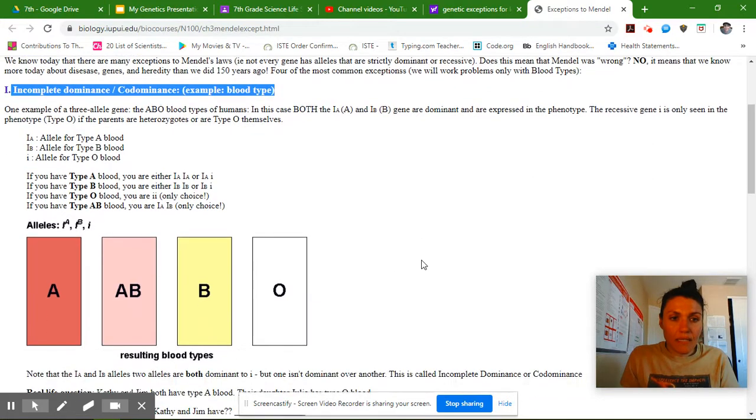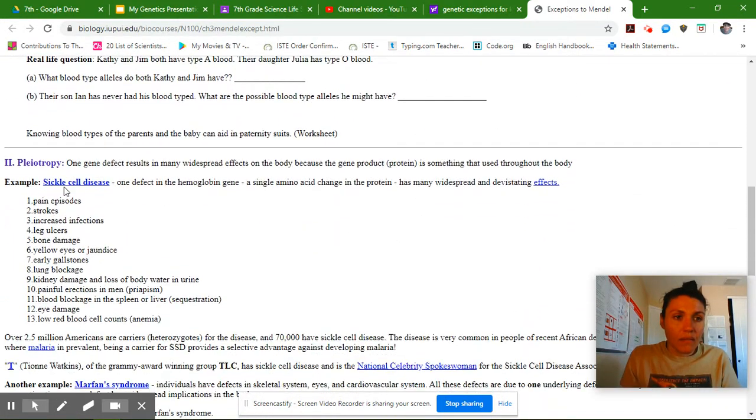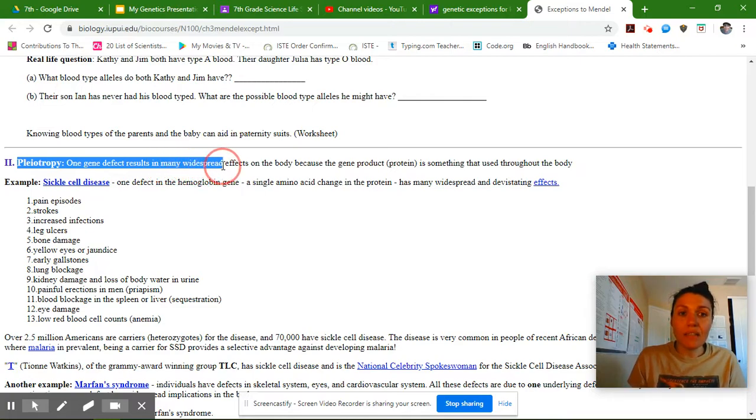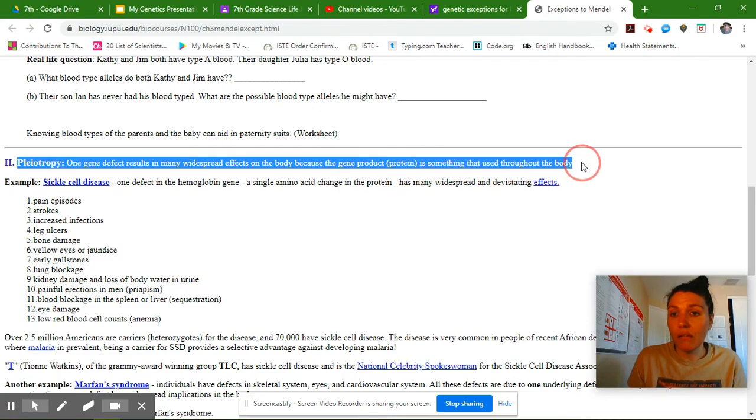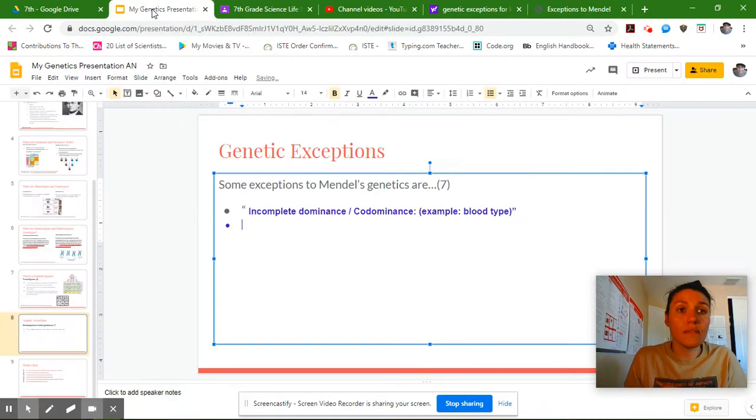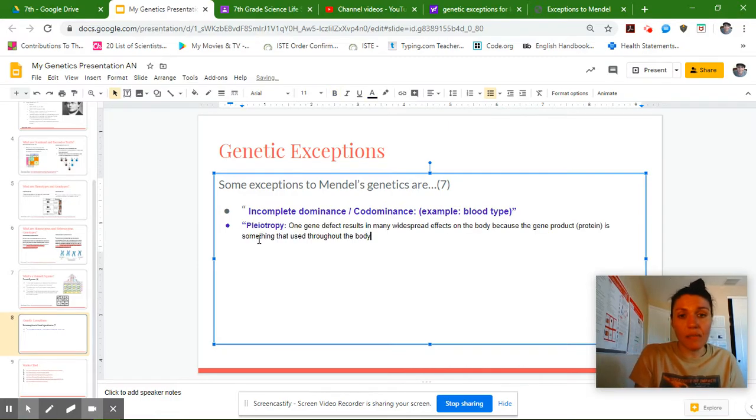And then they give some good examples here. The next example is pleiotropy. And they talk about how a gene defect can result in many effects for the body. They give some examples of that, like sickle cell disease is a disease that you can inherit like that. So I'm going to use my quotation marks, I'm going to paste it and close with my quotation marks. And then my next bullet point,